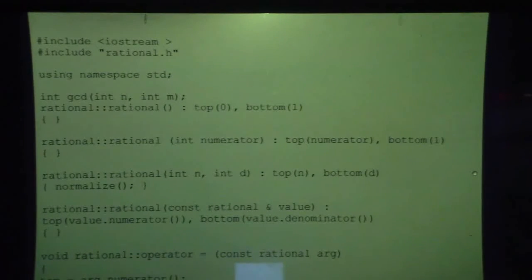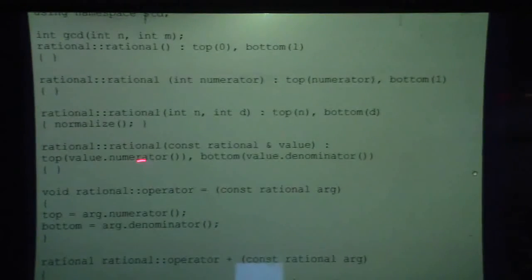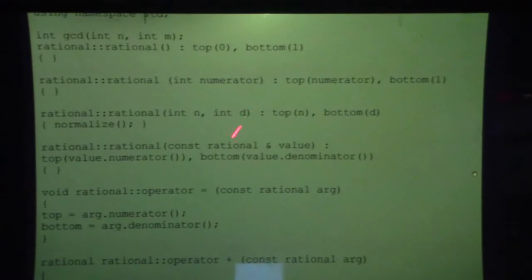Okay, so now, on the next line, this is what kind of constructor? Copy. This is the copy constructor. So it is the rational class, rational constructor that takes a rational parameter. We're going to call the parameter coming in value. Do you know what the ampersand means? Reference. Remember, parameters can be sent by reference and by value. What we're saying is that the rational parameter you're giving me, I'm taking it by reference. Which means if the object is here, I'm getting the reference to the original object. So be careful because you can change the original,